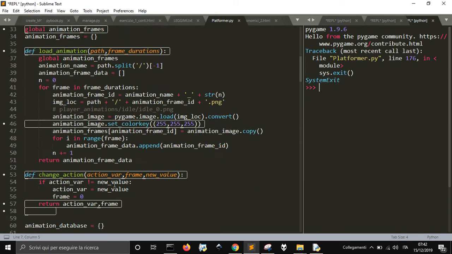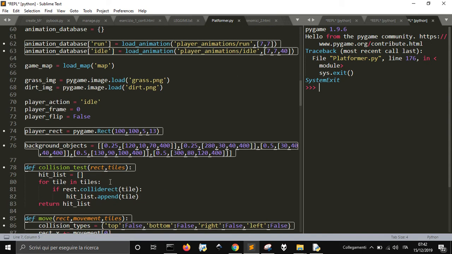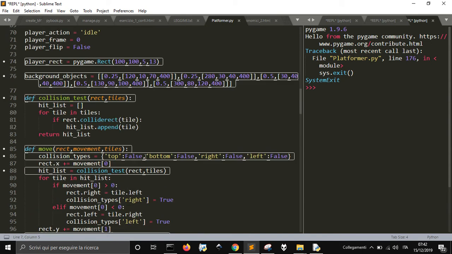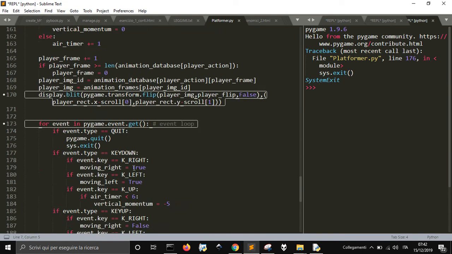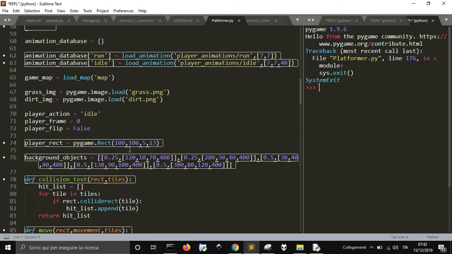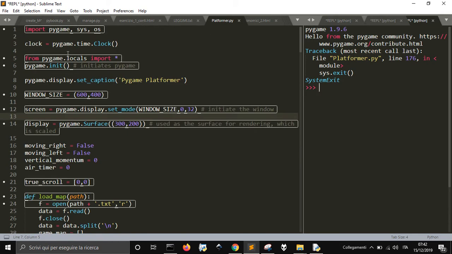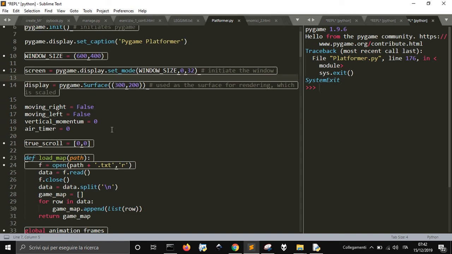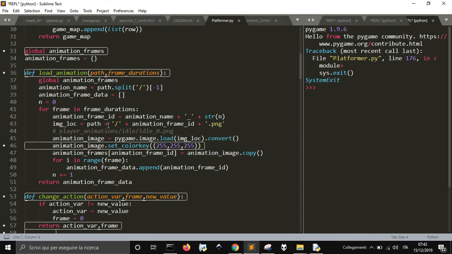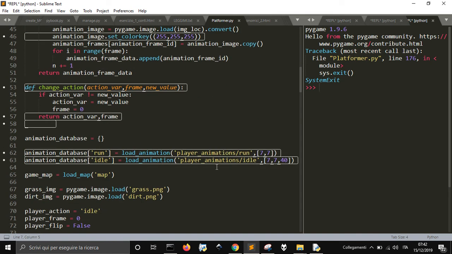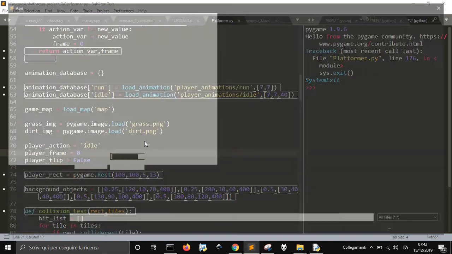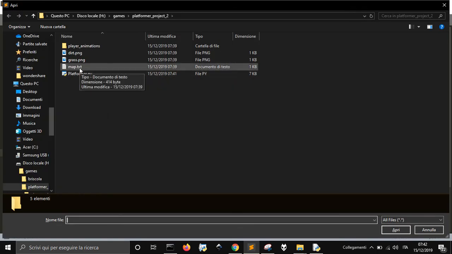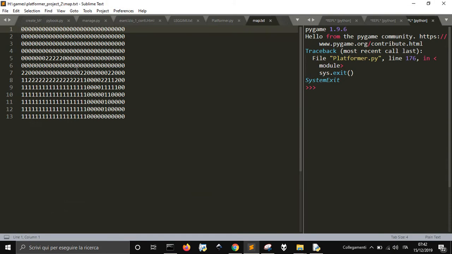Let me see where is the... these are the background objects, and you can change them, see what happens. And I think there should be also the... let me see where is the map in these files. Let me see what we get. The map is perhaps this one, this map txt,